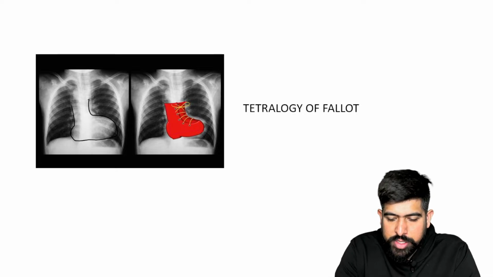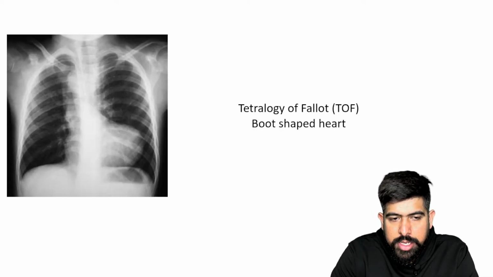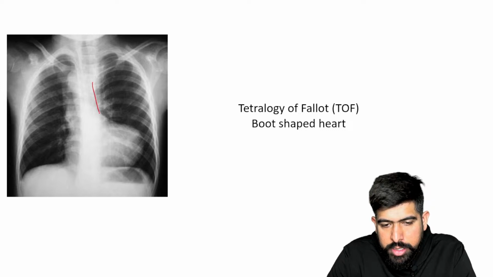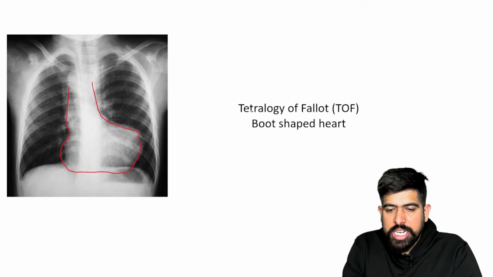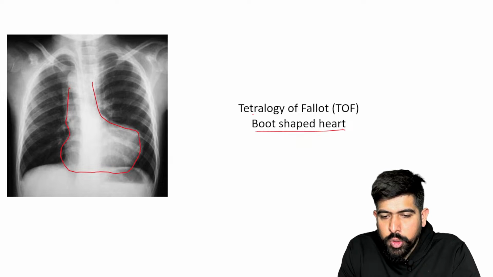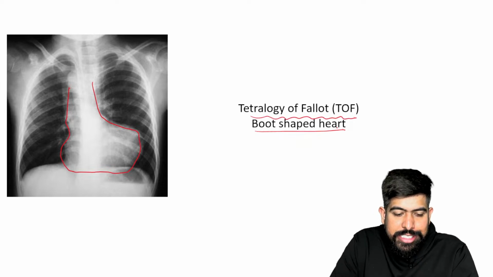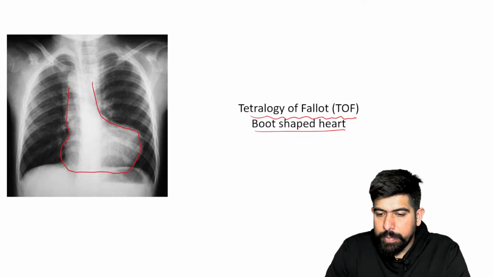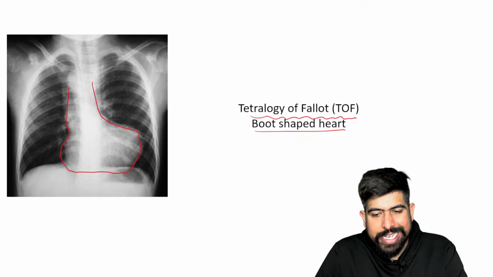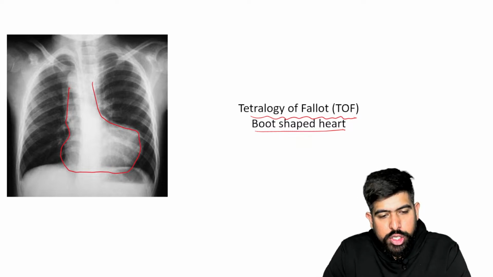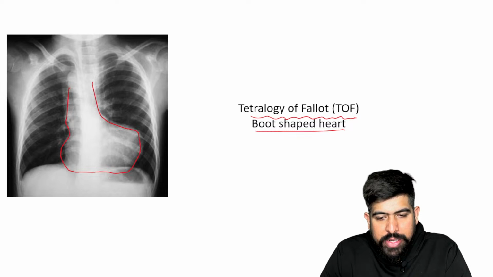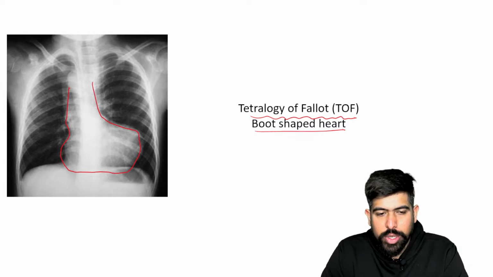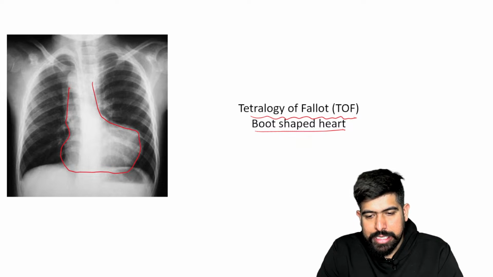One more image which was above there, so I can identify the boot here. You can see here, this is the boot. So the boot-shaped heart is seen in the pathology of Fallot, which is a congenital disease. Yes, mostly the second and third rib notching will be seen in the coarctation of aorta. Agree with you, doctor. That's why they are marking the second and third rib only. Mostly they will be seen in these.